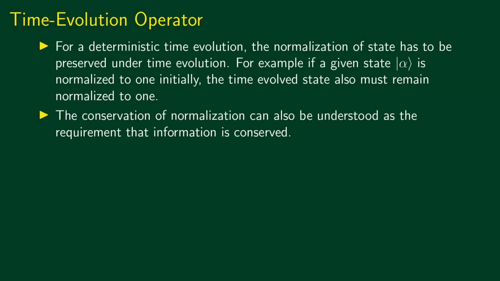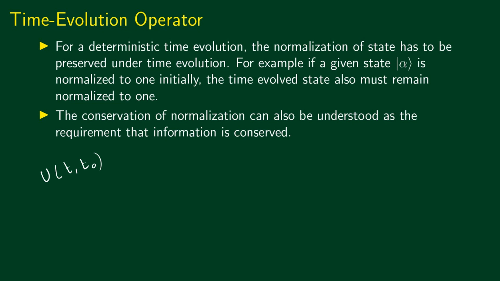The next question, of course, is how do we formulate this mathematically? How do we demand that the time evolution is in such a way that information is conserved? We have the time evolution operator, which we denoted as U(t, t0). We have certain properties that we would like this operator to have. We said that this operator should be such that information is conserved. The question is, how do we demand this mathematically?